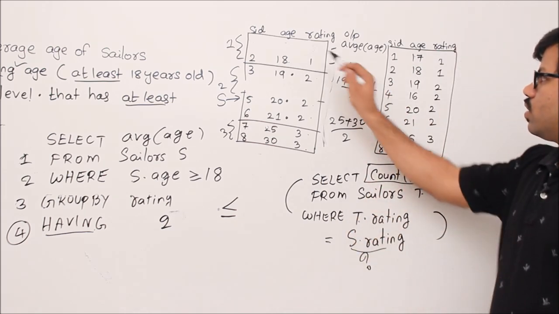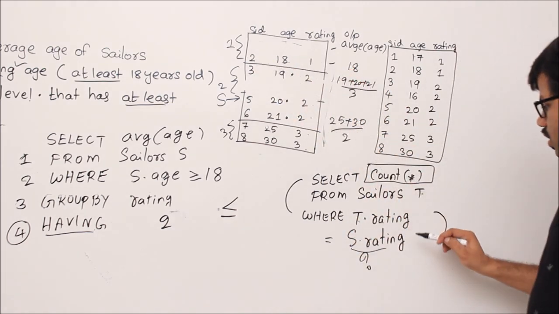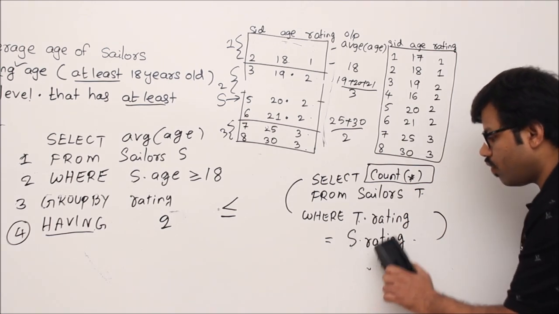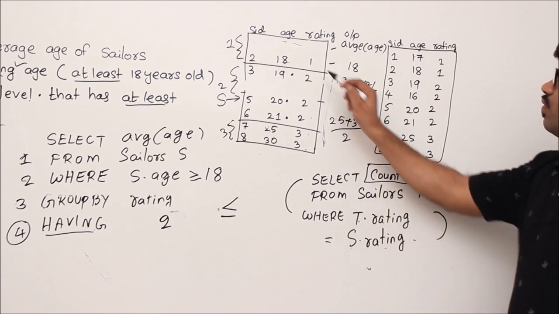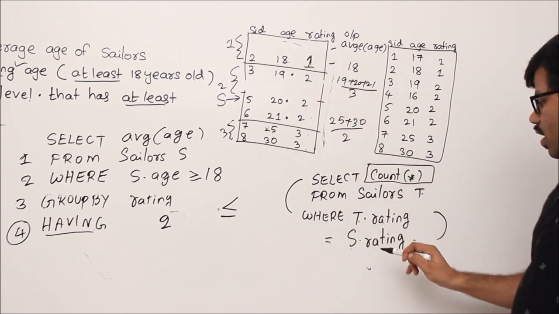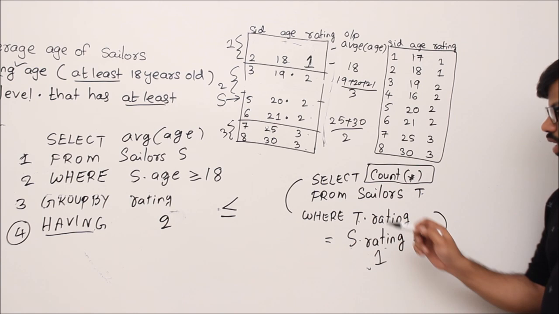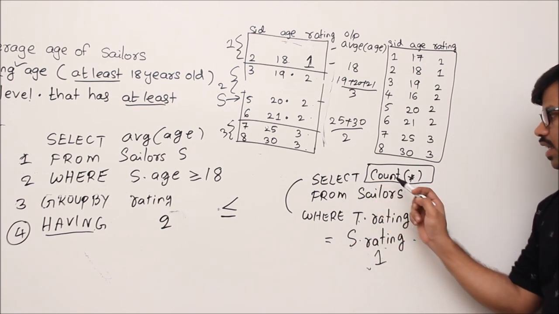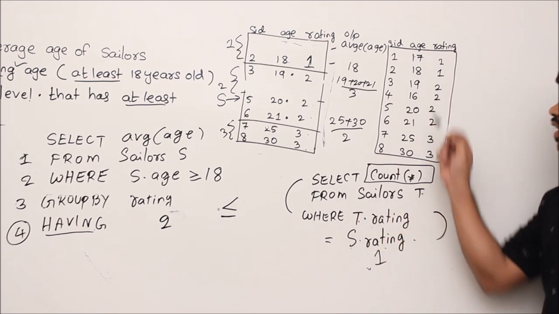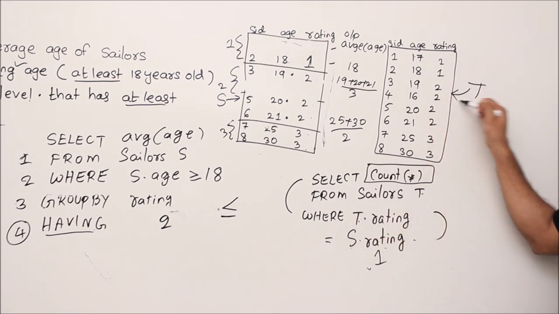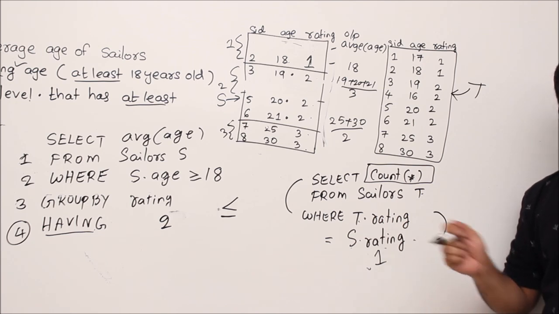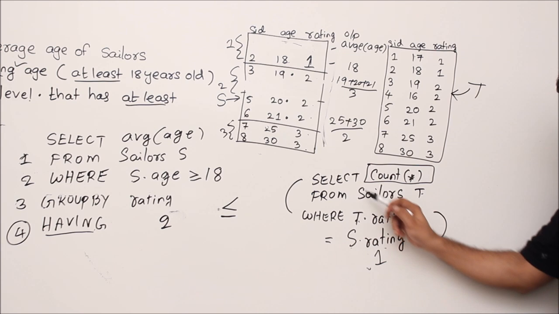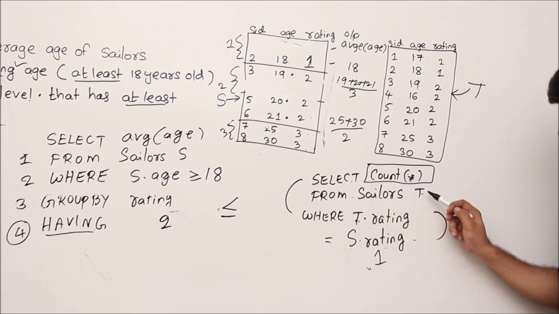So let's take the first group. In that first group, this is a correlated nested query, right? Then this question mark is nothing but the first group's S dot rating. What is the first group's S dot rating? 1, right? 1 will be substituted here. Then you try to understand this query. If I write S dot rating 1, select count star from the new table T. See, this new table is having the old information. That is a trick. In this table, whenever T dot rating equals S dot rating, select count star from sailors T